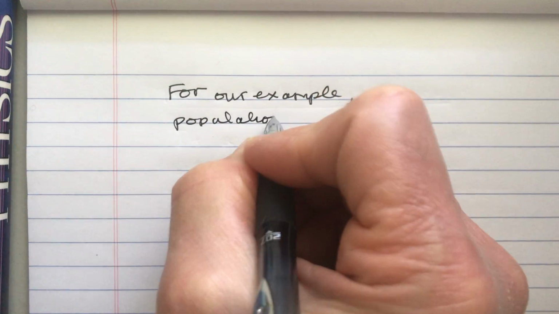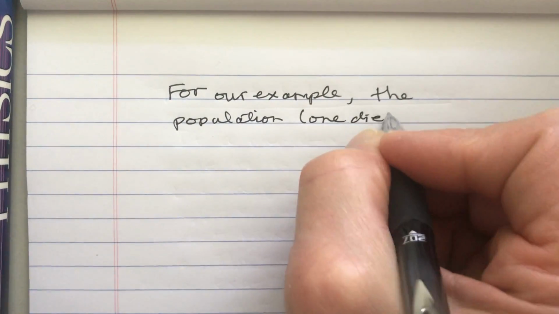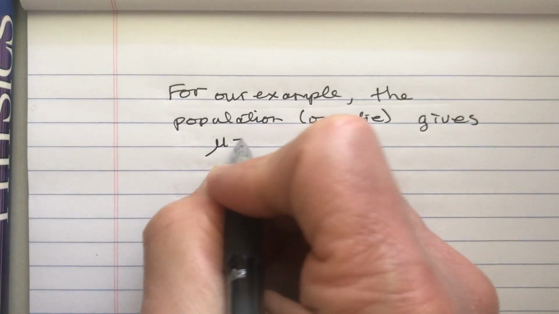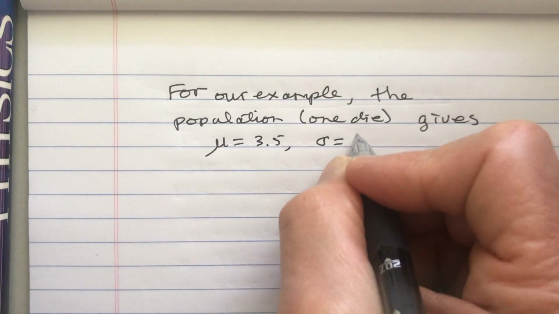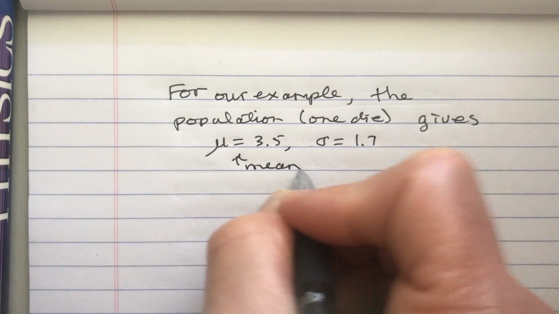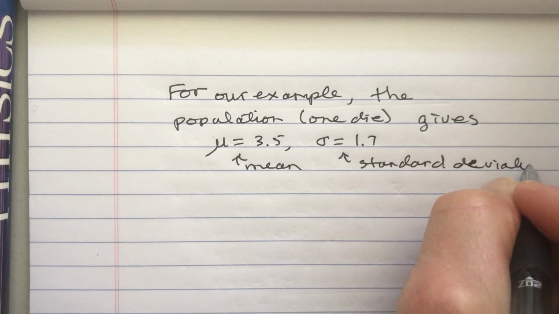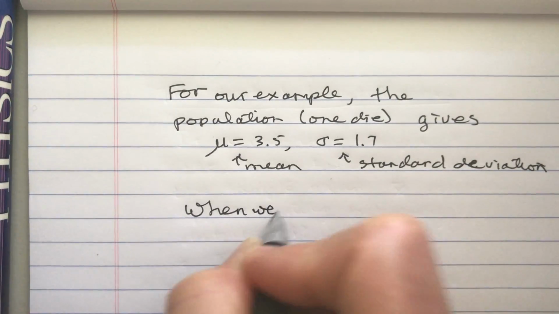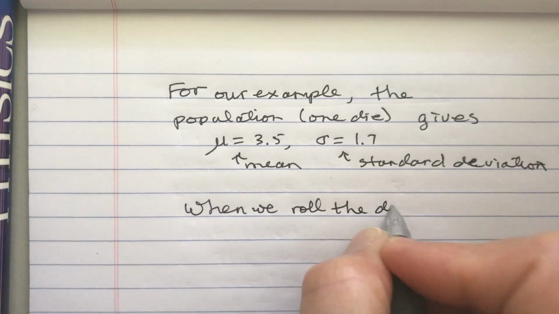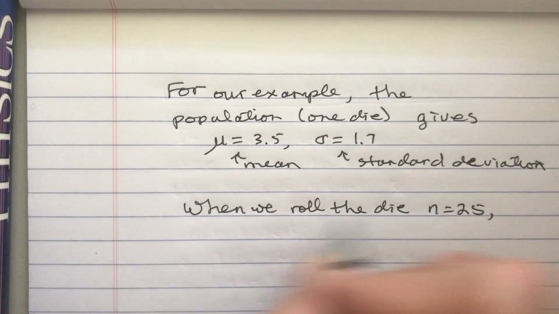Okay, so for our example, the population, which is one die, gives mu equal to 3.5 and sigma equal to 1.7. This is the mean and this is the standard deviation. When we roll the die n equals 25 times,